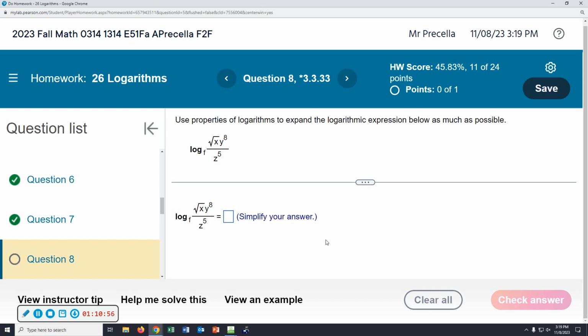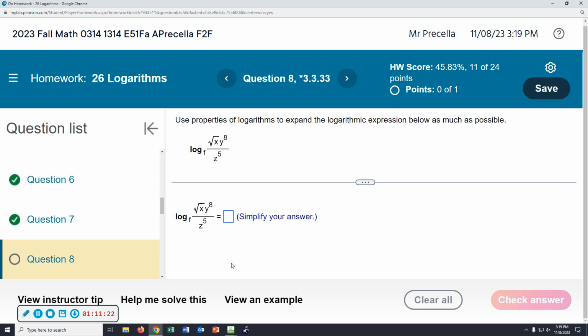What's that going to be? Before we start expanding, there's a square root in there. So, what are y'all thinking I'm going to have to do with that square root of x? How do I write it without the square root? X to the